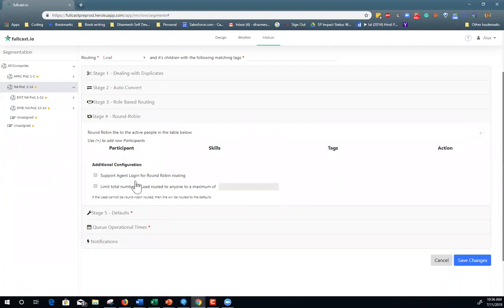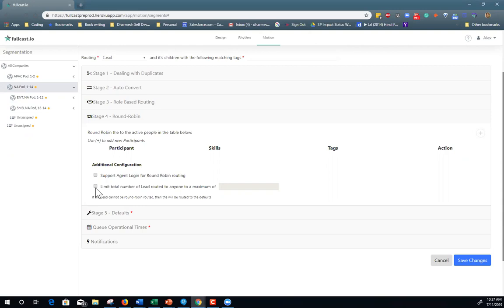If I want just a basic round robin, what is my policy for a round robin? If you want fair distribution, then I want to just say that anybody who's logged into the system gets it. All those things you're defining over there, and I can limit as well. So if there are different people within the team with different ramp profiles, my newbie should not be hoarding all the stuff because the new person is still ramping.